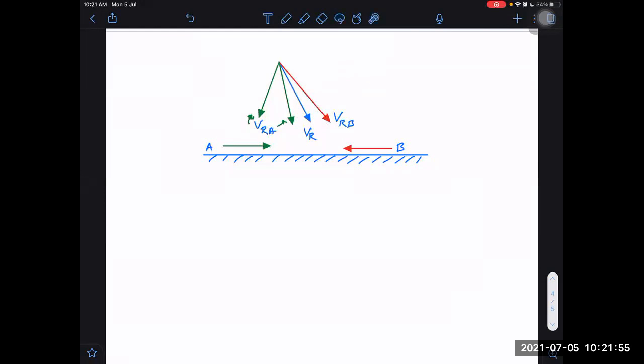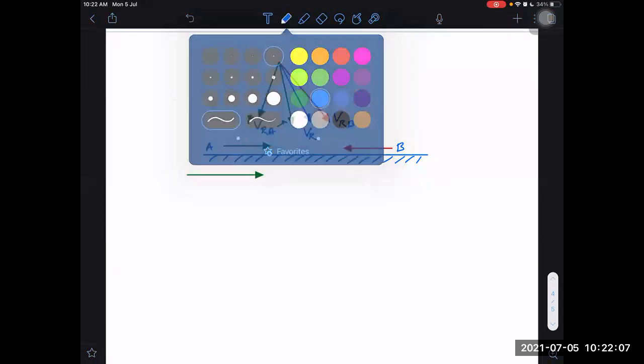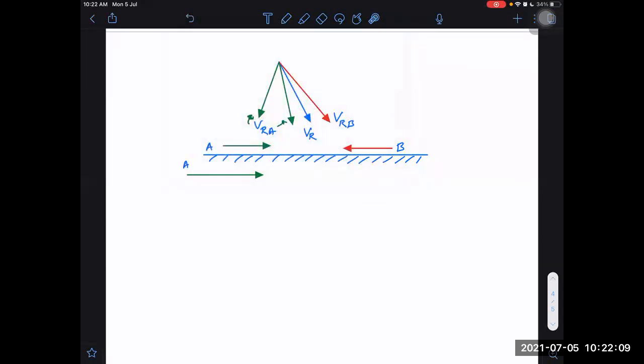While it is turning backwards, up to what extent it turns backwards, that we don't know. It depends on the velocity. Now, velocity of man A may be large or may be less in the forward direction. If it is large velocity, it will turn so much that it will start getting backwards. If it is small velocity in forward direction, then the rain may still be raining in forward direction only.